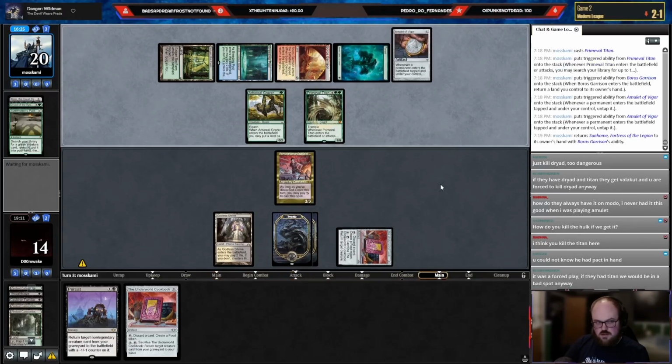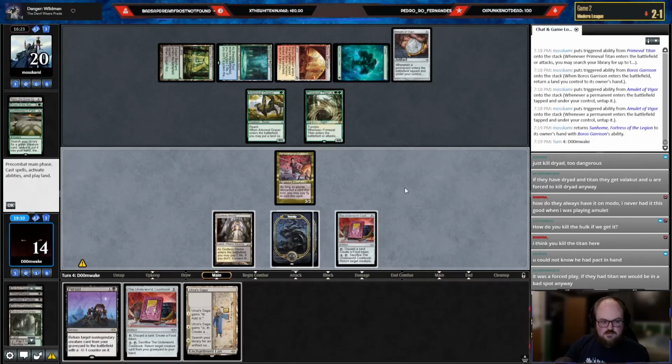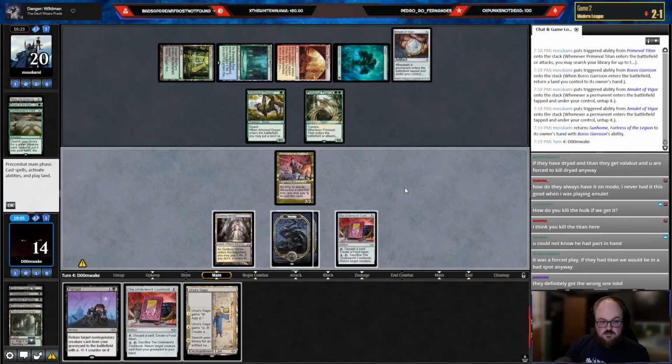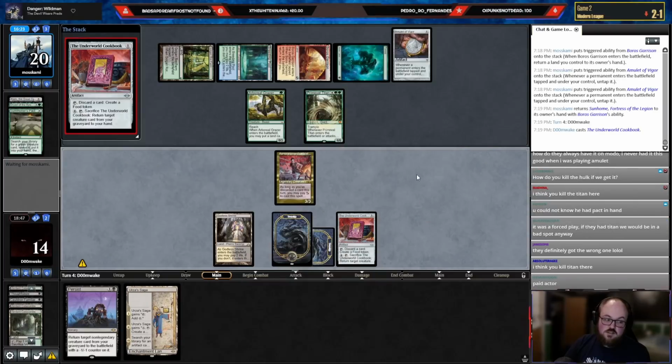Don't really think it's going to matter. Drew a Saga? So I guess I just play Cookbook and discard my whole hand? I don't really see a better line, right? It's better than losing to the Titan. Kind of sucks, but...